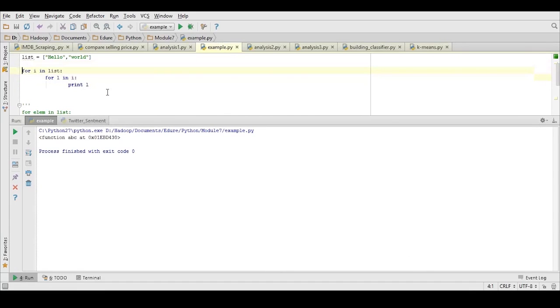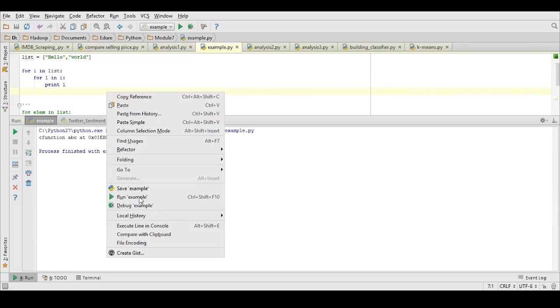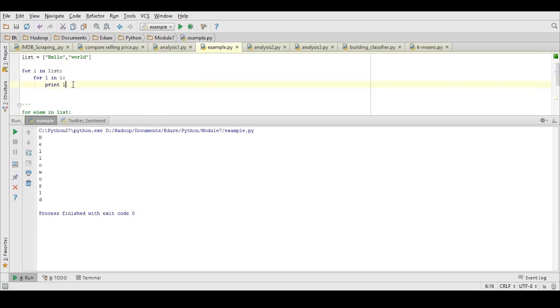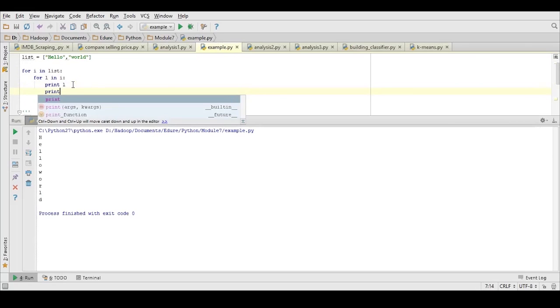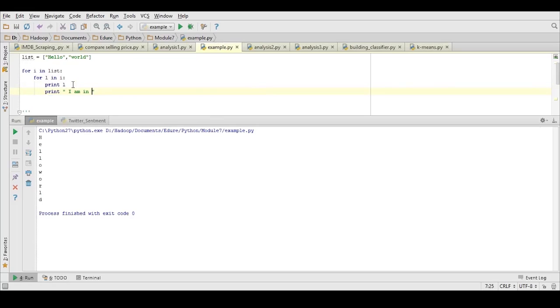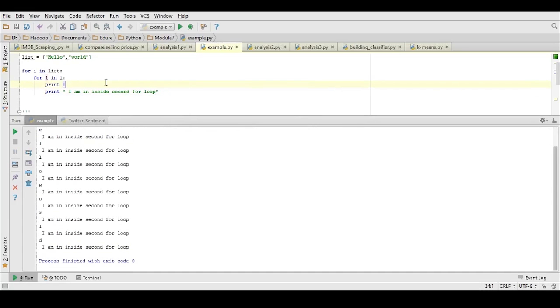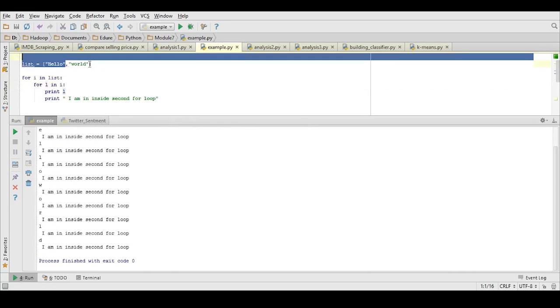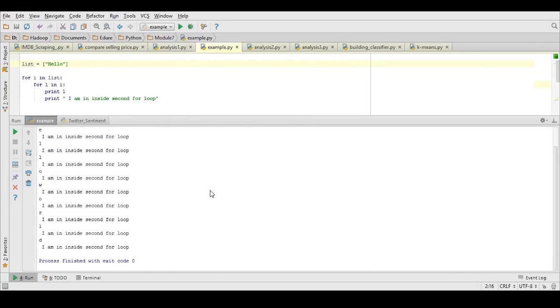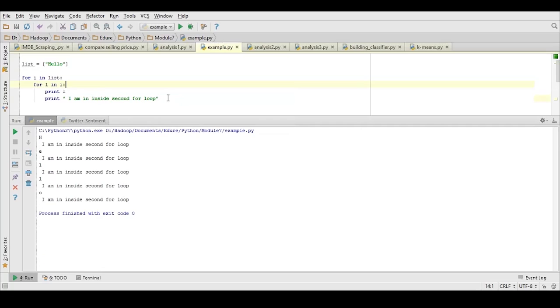now I'll show you something, okay? Now this will give me hello world, right? And if I print something here, print I am inside second for loop, okay? Now for everything I am inside second for loop. Let's just do one hello, okay? I do not want to confuse you guys. I am inside second for loop. Now let me get out and say print I am